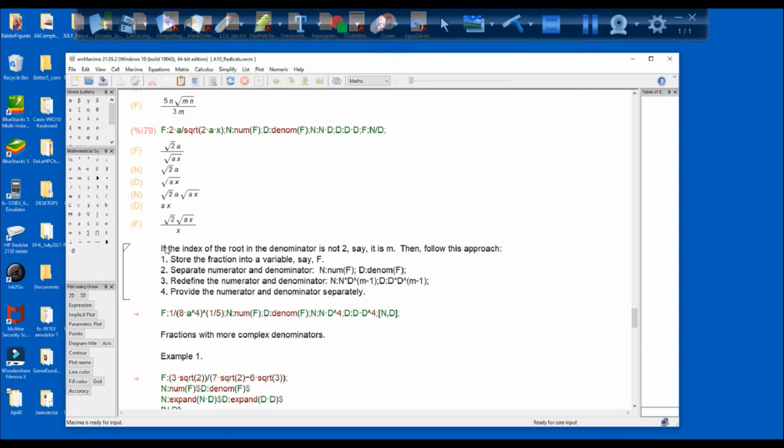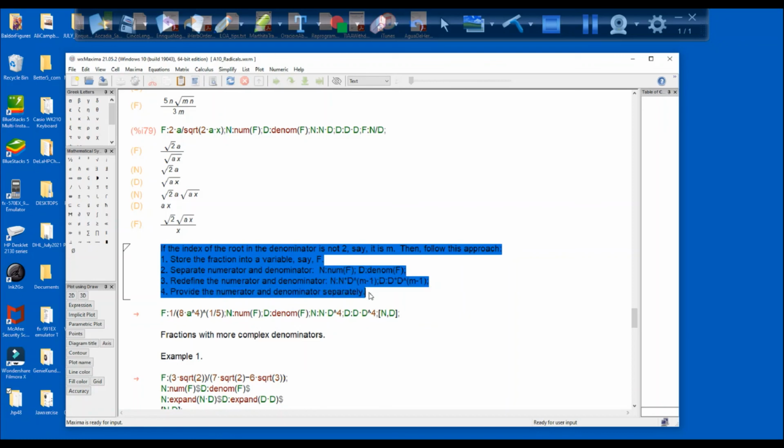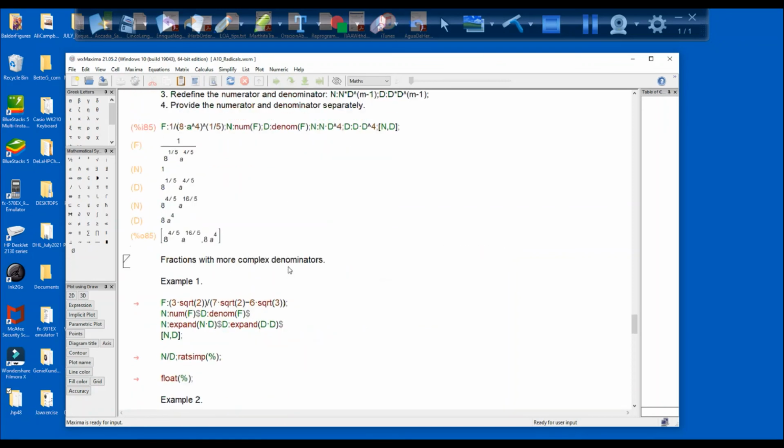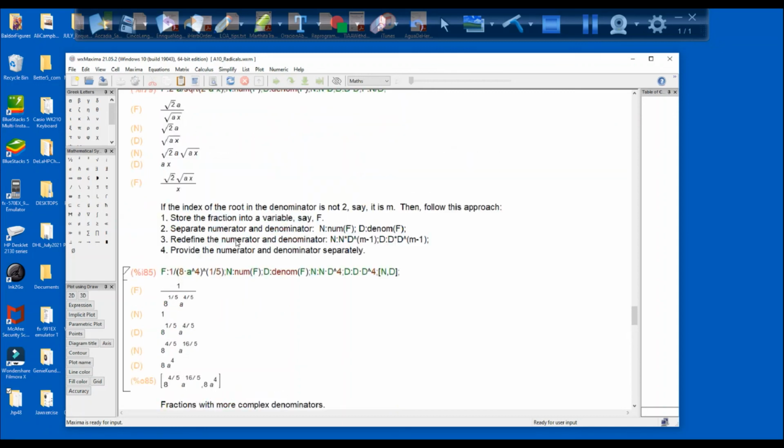So these are the rules. Basically, for the two examples presented earlier on, those are the rules. I'm going to do it here again. If the root is not a square root,